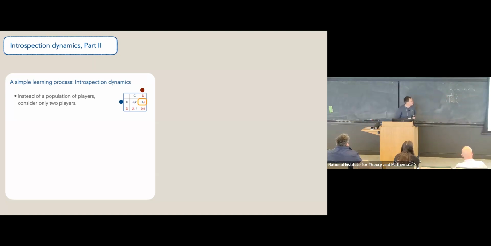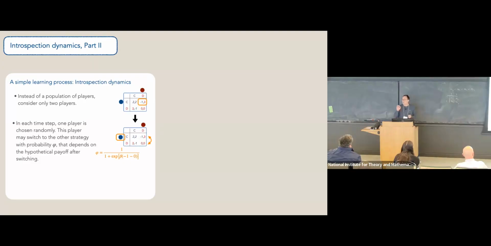How this process works is that you randomly choose one of the two players, for example, here the rogue player. You give this rogue player an opportunity to revise its strategy. At the moment, the blue person gets a payoff of -1. The blue person realizes that by switching towards D, I would get a payoff of 0. And then this player also realizes, 0 is better than -1. So with a certain probability, this blue player actually switches from cooperation to defection.